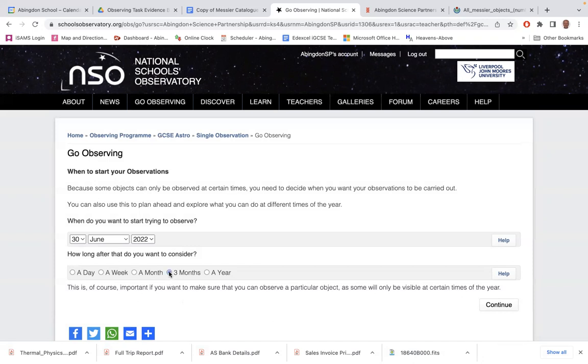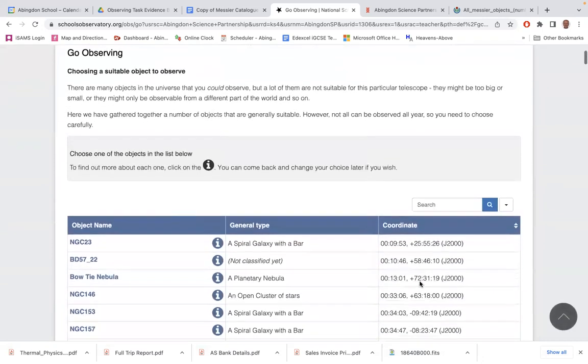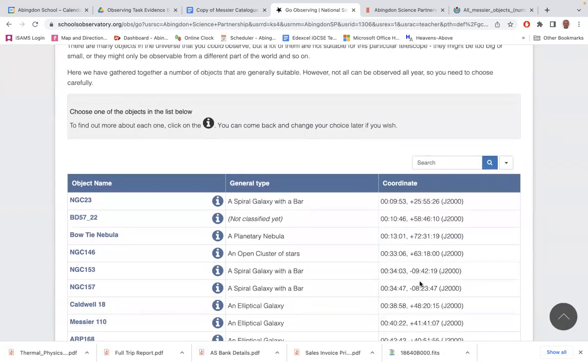So I suggest that each time you pick 3 months, and that means your observation request will be in the queue right up until September when we meet again for the new term. That will also give us a better chance of getting some of the images. Then we press continue,